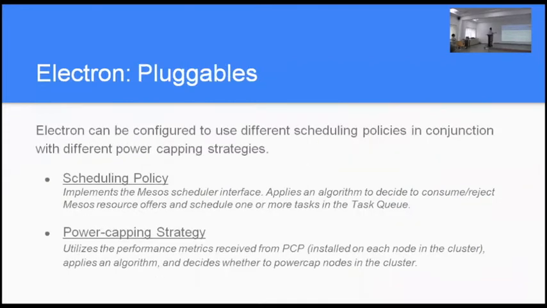So I want to talk to you about scheduling policy. How do you actually place tasks on nodes? And how do you cap power, given that each node can be capped? So we want to study the combinations of different things. I'll show you 2 different algorithms, 2 different extremes, to show that the optimization space is there. So this presentation is to tell you there's opportunity for research here, by showing extreme cases and showing everything in the middle you can work on.